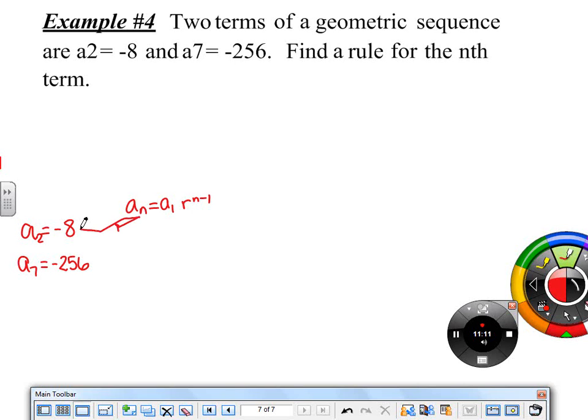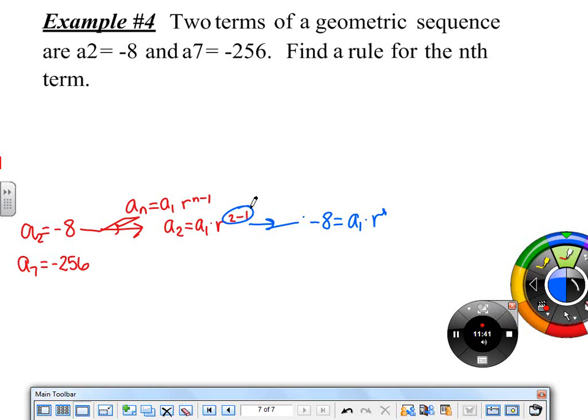and if we know the second term is negative 8, like we talked about last time, we could say, okay, then what happens when I plug in 2? So when I plug in 2, I get this. Okay? And remember that I know the second term is negative 8, so I can make this equation even a little bit nicer. So I'm going to have negative 8 equals A1 times r to the first power, because I plugged in 2